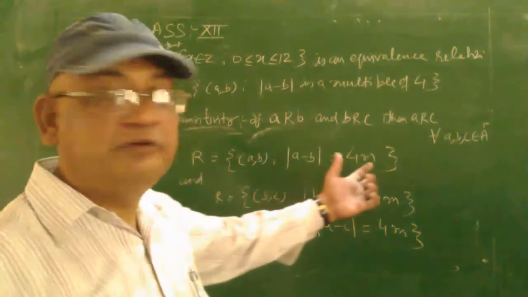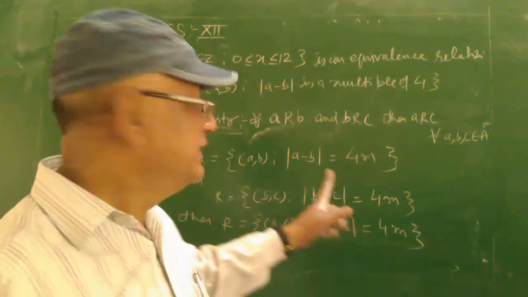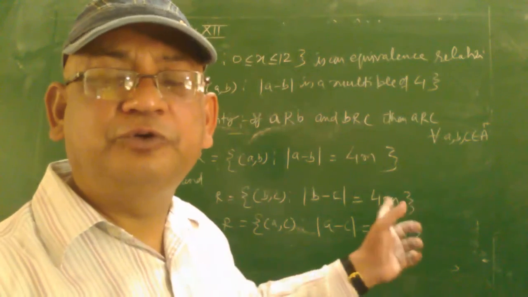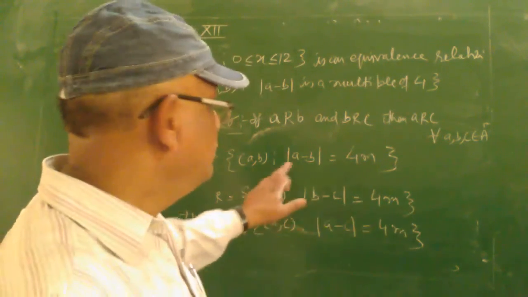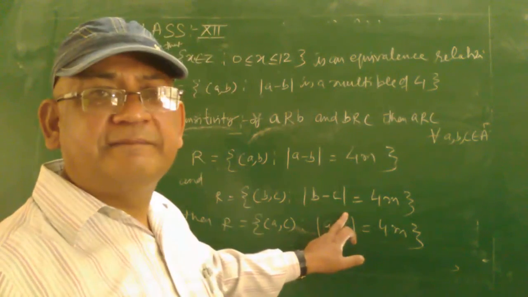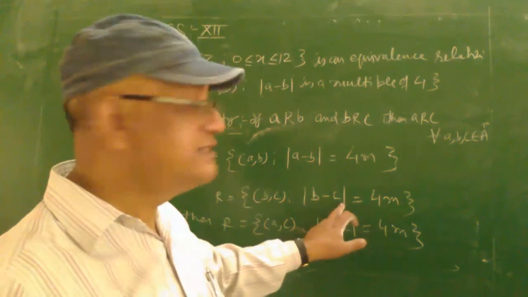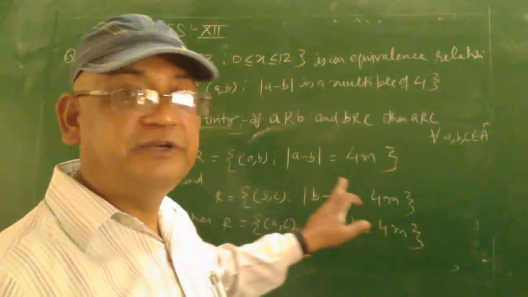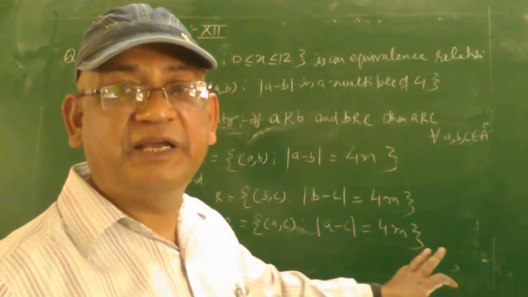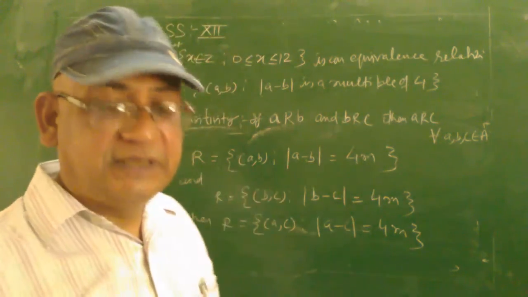अगर आप a और b का डिफरेंस 4 का मल्टीपल ले रहे हैं और b और c का डिफरेंस भी आप 4 का मल्टीपल ले रहे हैं, तो a और c का डिफरेंस भी 4 का मल्टीपल होगा। सपोज एग्जांपल के रूप में आप 2, 6, 10 ले रहे हैं, 2 माइनस 6 4 हो जाएगा, 6 माइनस 10 भी आपके पास 4 हो जाएगा। फिर 2 माइनस 10 करेंगे, c का वैल्यू आप 10 ले रहे हैं तो 2 माइनस 10 वो भी 8 आएगा। 8 is also a multiple of 4, so it means it is a transitive relation.